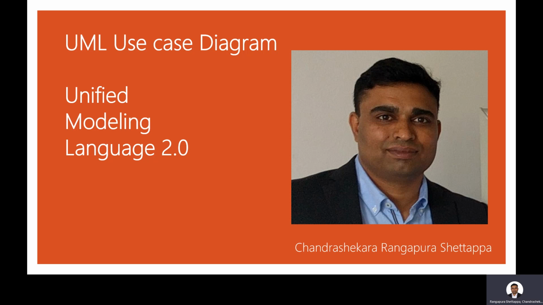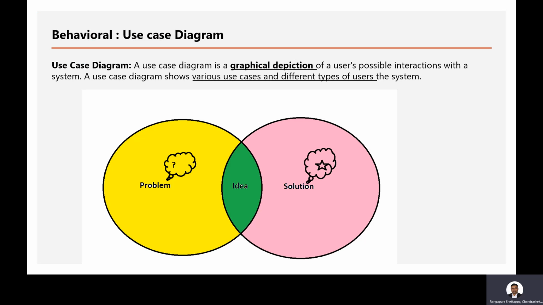As we learned in our previous session, during the software lifecycle we use different types of diagrams. I'm specifically talking about the use case diagram today. Use case diagrams are used during the requirement gathering phase, meaning when we are interacting with the customer for the first time and trying to collect their requirements, you typically go with use case diagrams. And these use case diagrams are behavioral, meaning they are dynamic.